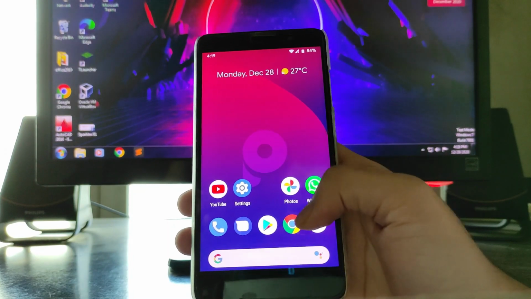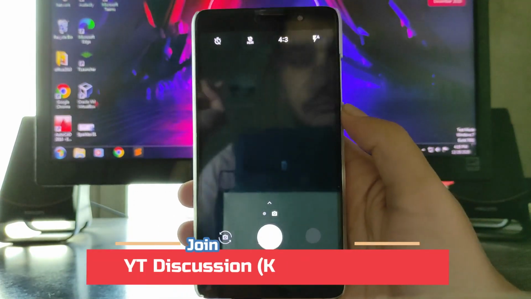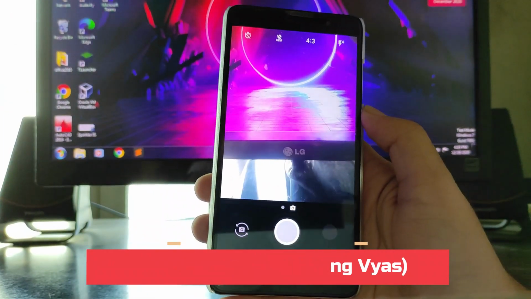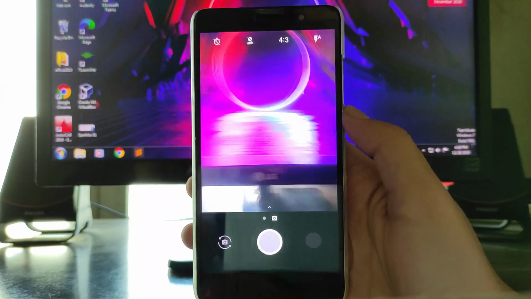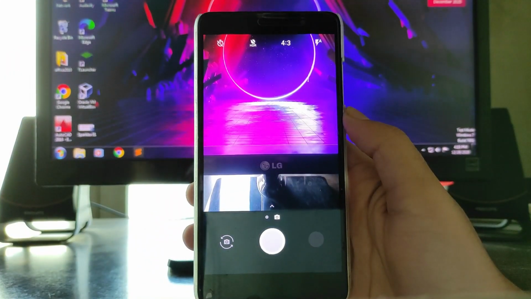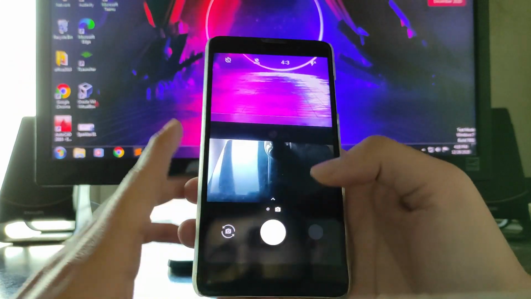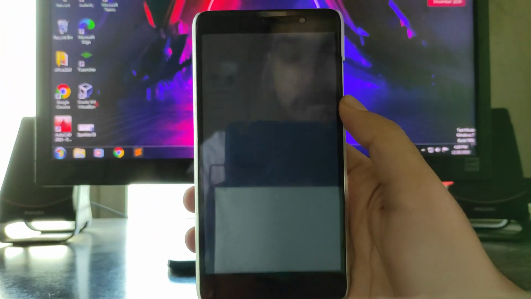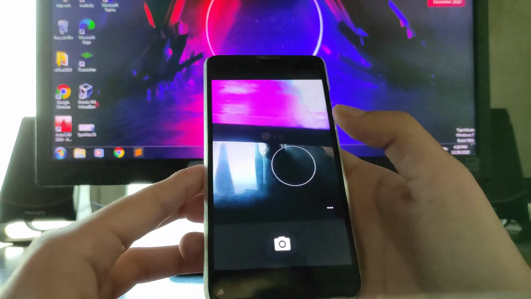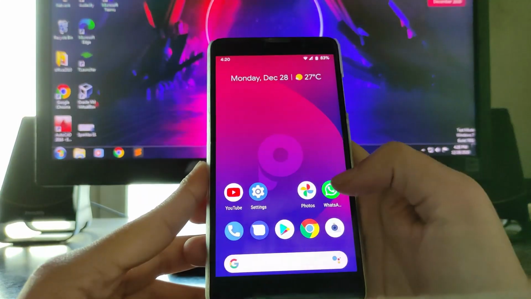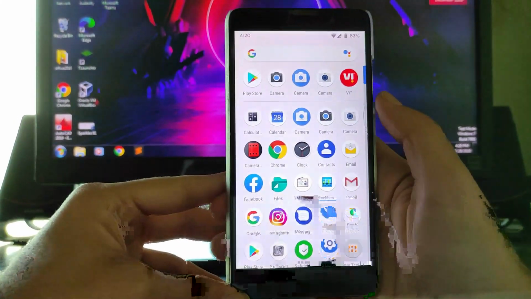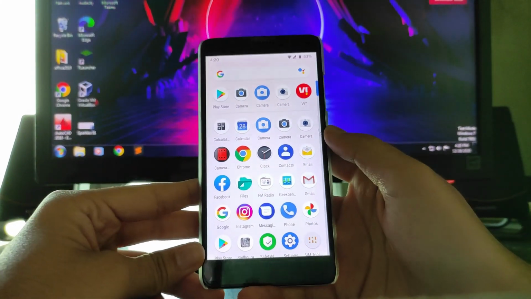Okay, then talking about the camera here, this is the OnePlus cam I'm using. I had just made a detailed video about this OnePlus camera app. If you still haven't watched it, then go watch it, and there will be a card up available here. You can watch this. And the inbuilt camera we got here is just the normal camera, so not many features are available. So I am using the OnePlus Cam and the Gcam 4.1, which was available on the Play Store, the Google Camera 7.3.